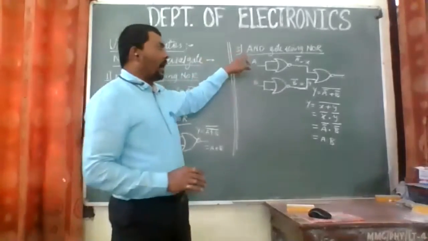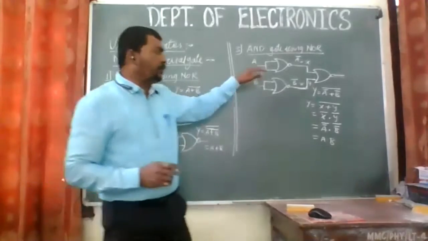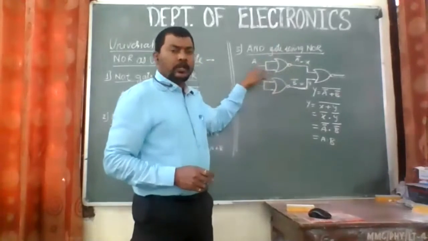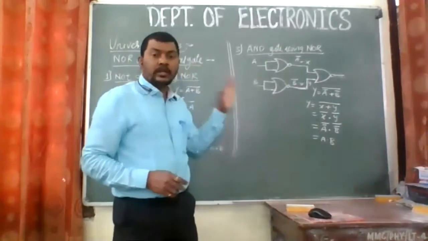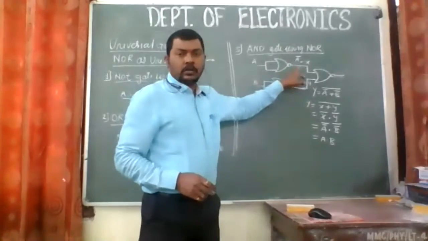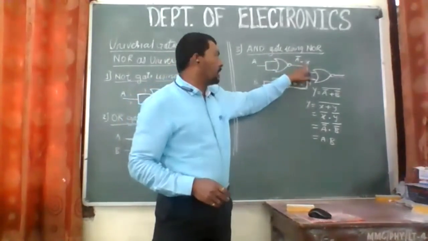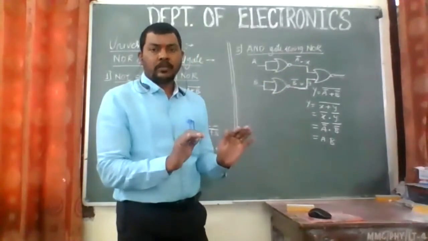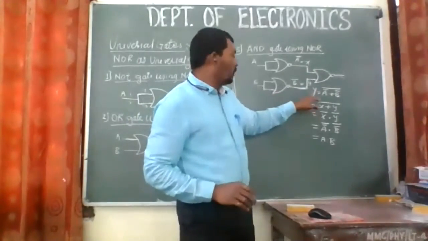Now, similarly, if you go for an AND gate by using NOR gate, what you have to do is put NOT gate in front of the NOR gate. So I'm putting this. This is one of the gates. So I'm using it as one input, that is A, and using this NOT gate as B. So B will give you B complement. A is going to give you A complement. Now, I'm substituting this A complement as X and B complement as Y, to simplify that. And we are having two equations. So Y, this is capital Y.